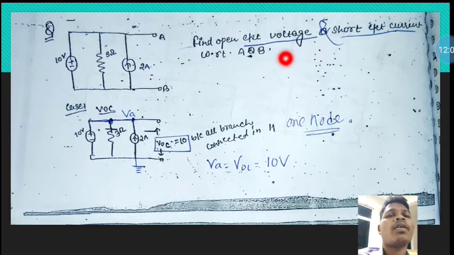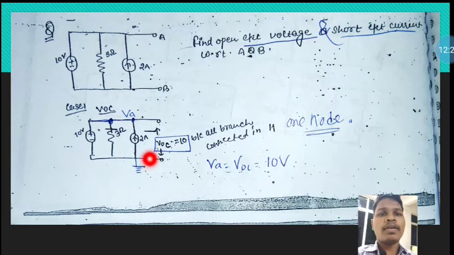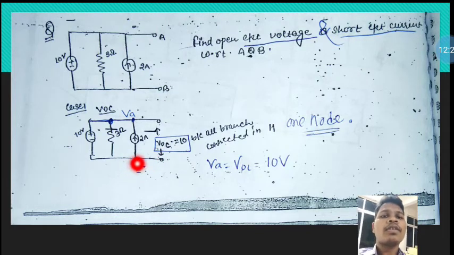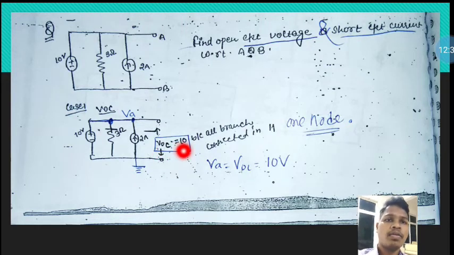For open circuit voltage, this is the open circuit voltage across points A and B. This is node A, that is VA, the voltage across A. This voltage is the same, that is 10 volt, because all the nodes are connected at the same node potential. This lower node we are taking as the reference, so its node voltage is 0. If this node voltage is 0, then the upper node voltage is this voltage. So 10 volt is across this element, this element and this element. All the voltage sources are the same, so V open circuit is equal to 10 volt.